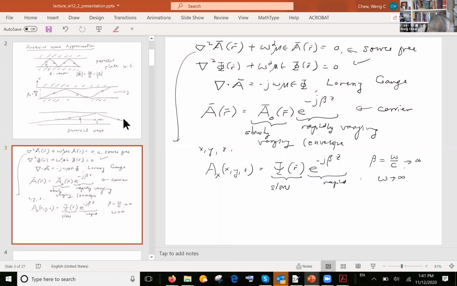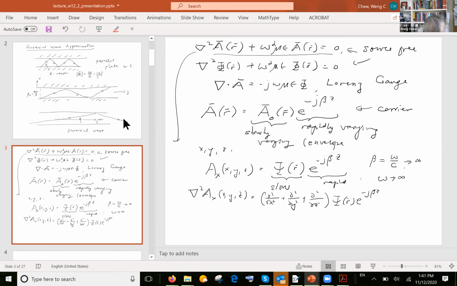If I just take the x component of this equation, the Laplacian of a_x(x, y, z) would be equal to partial squared x squared plus partial squared y squared plus partial z squared times psi of r e to the minus j beta z. Let me pay special